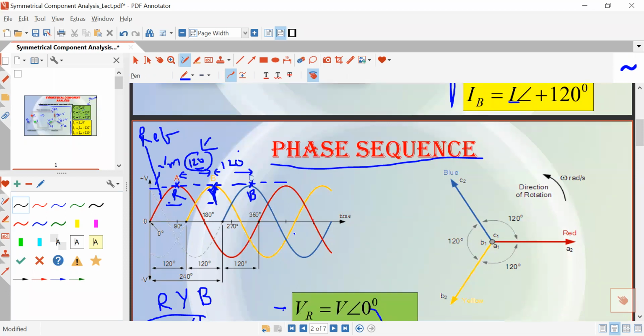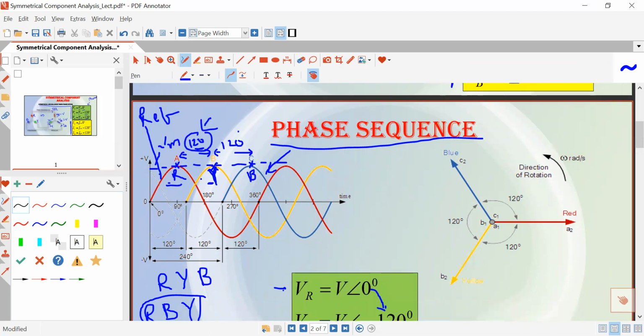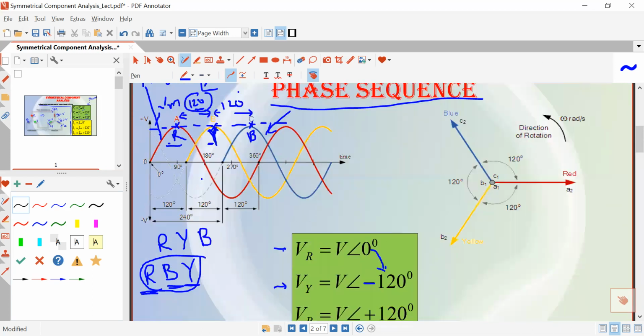So you must consider one phase as the reference, and you are free to select any phase as the reference phase. There is no hard and fast rule. If you are considering R as the reference phase, then you can see phase B is attaining its maximum after an angle of 240 degrees from the reference R. So again B is lagging, but now the angle of lag will be 240 degrees.